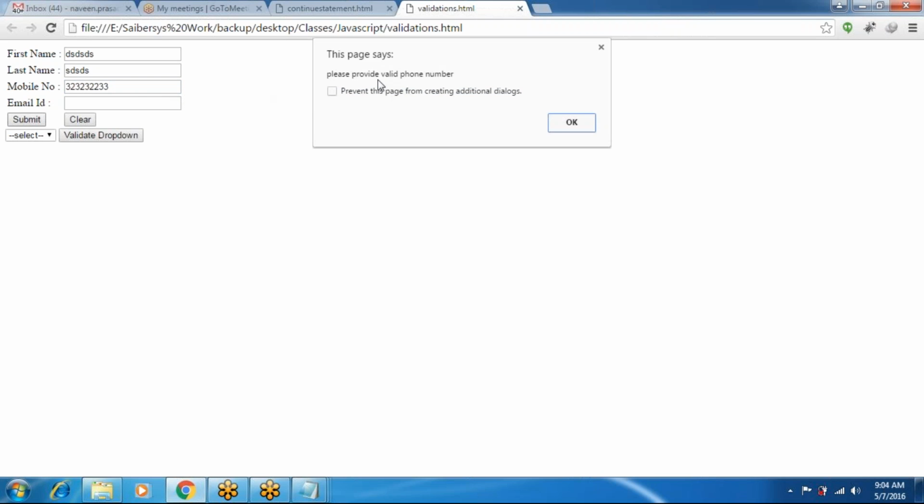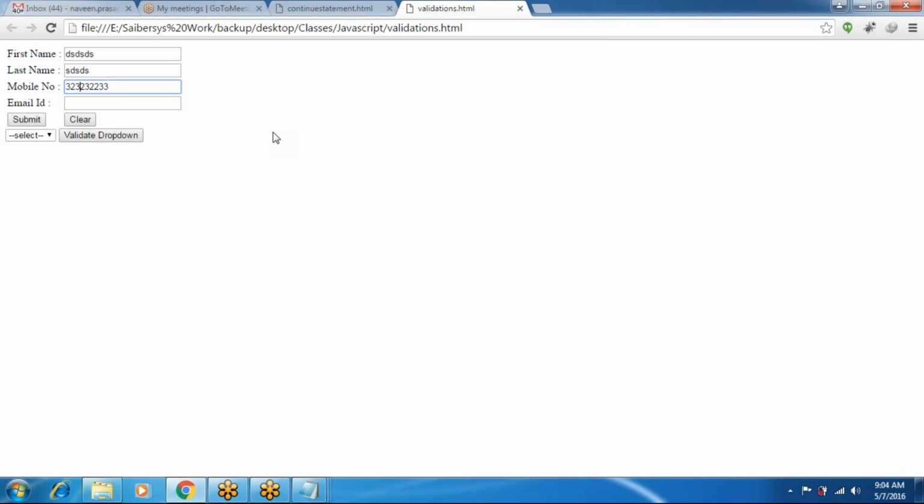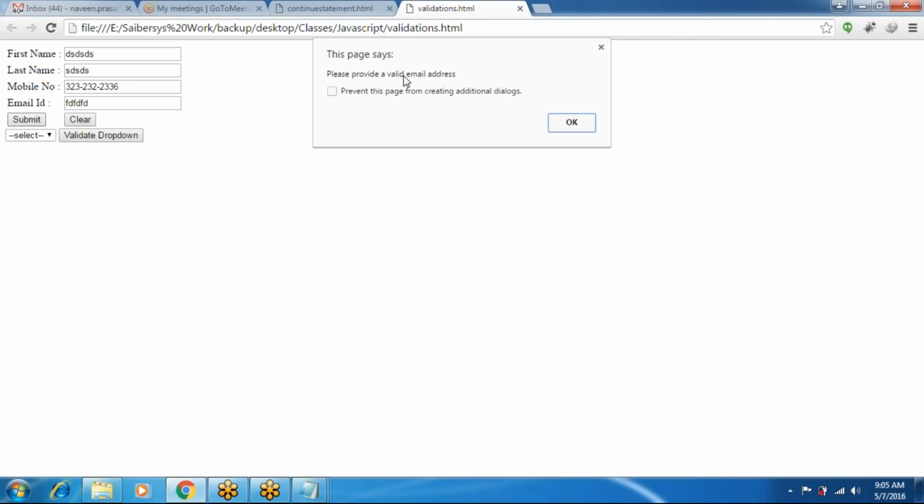So here also, please provide a valid phone number. The phone number is in US format. The US mobile number format uses hyphens. So it will accept now. Then email: please provide a valid email address.